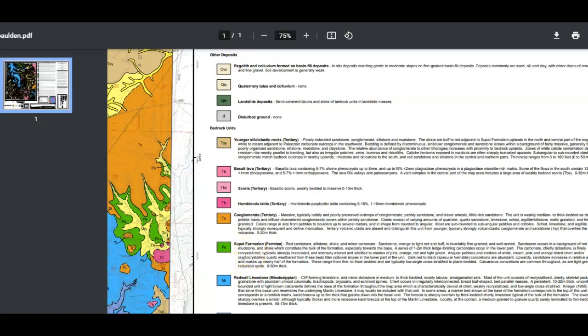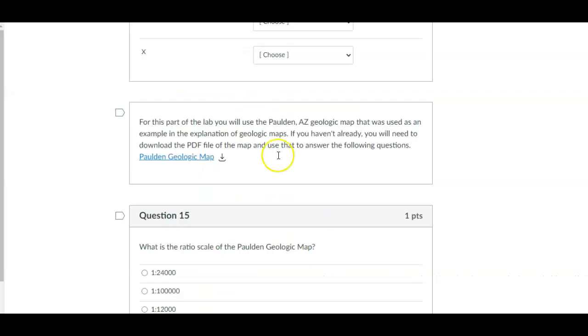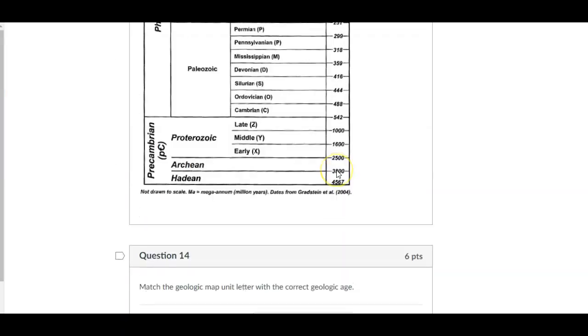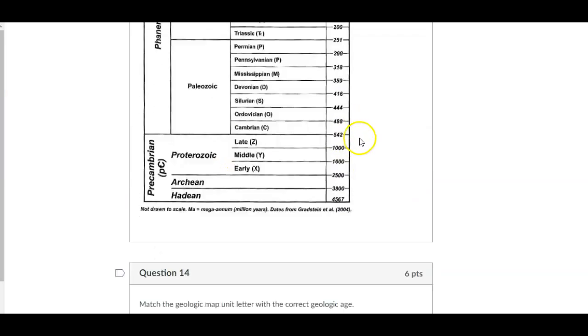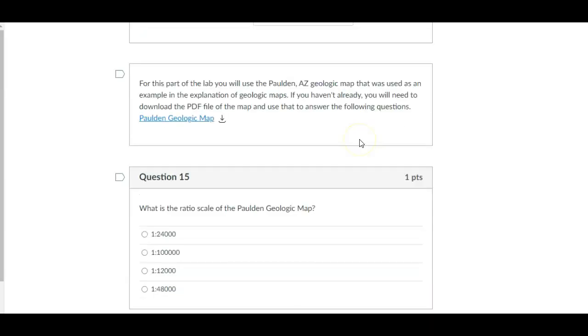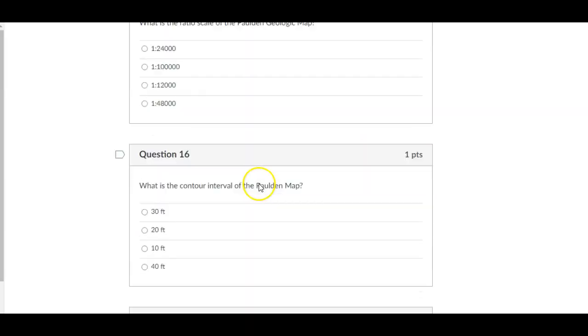In addition, you can see there's a capital letter. Each of these is associated with that time scale we just looked at. And so the P is for Permian. So we know the geologic age is Permian. If someone said, but what is the numeric age? Well, we could just jump back here and go up to our little thing and say, oh, here's the numeric age right here. Okay, so you're going to look at the Paulden map and you're going to answer these questions